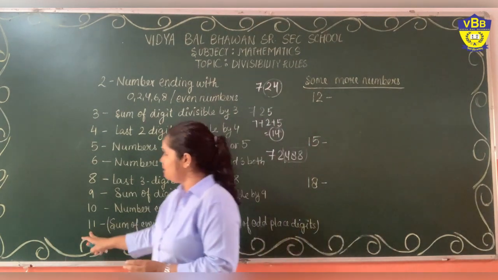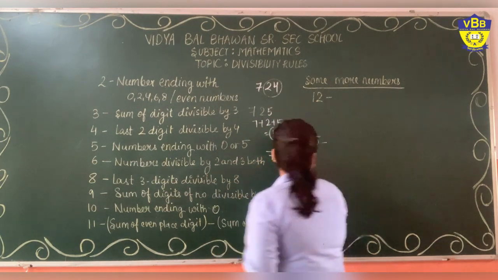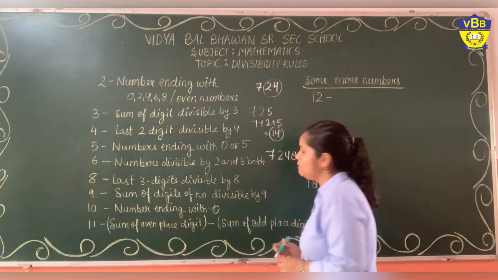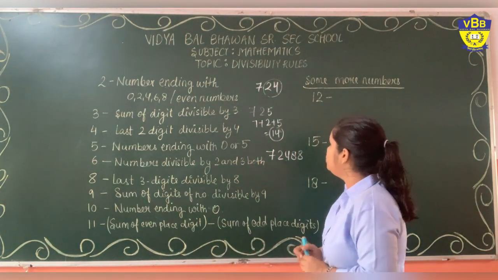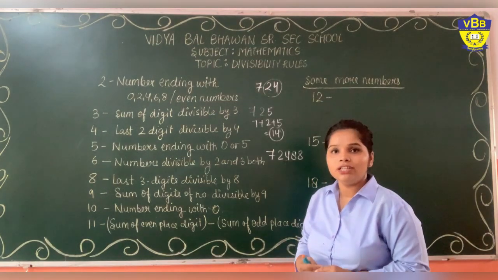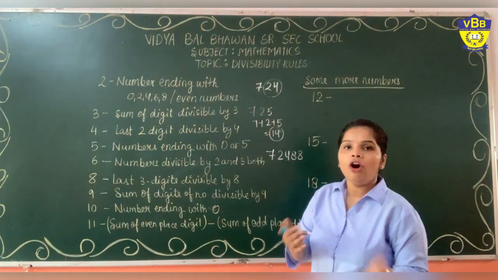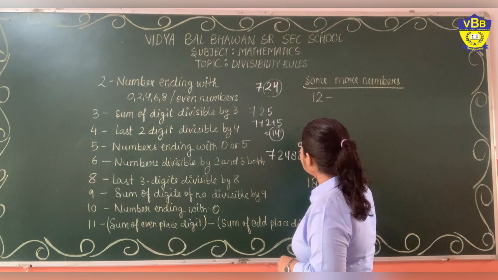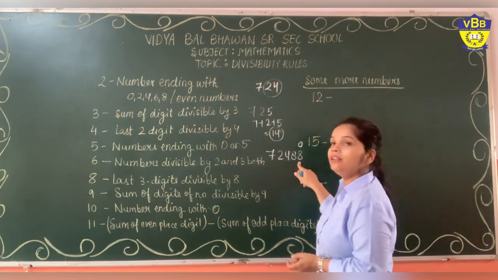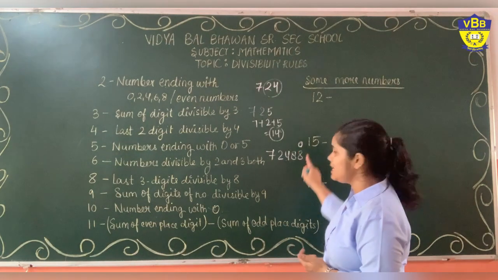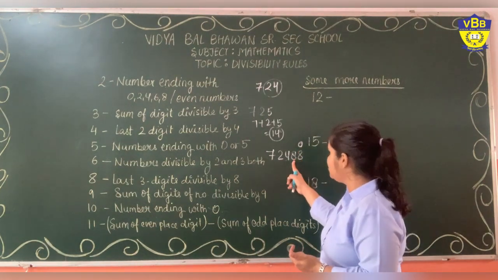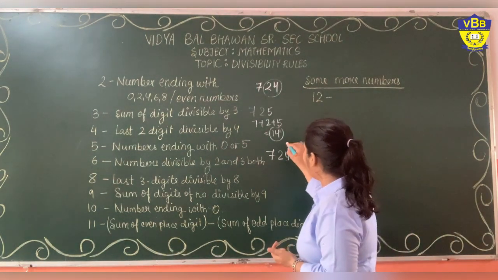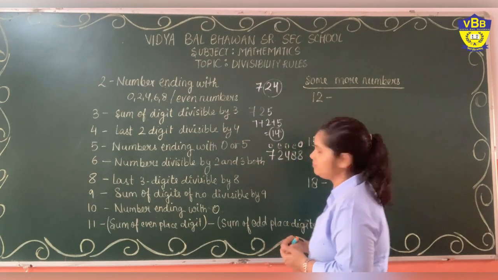For the divisibility rule of 11, let's discuss it with an example. Suppose we have the number 72,488. What to do is classify the digits into even and odd places. We have to start with the odd place. It's not that 8 is even so we give it an even place. It's first digit, second digit, third digit. So the first will be odd, the second will be even, then odd, then even, and then odd.